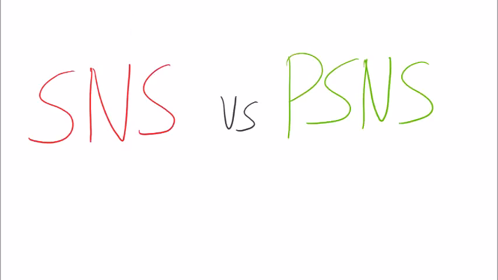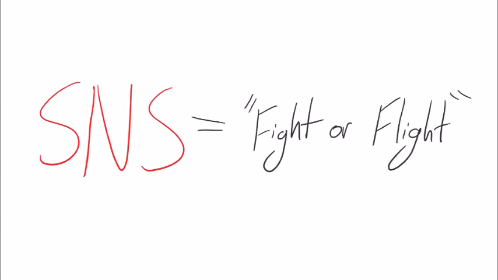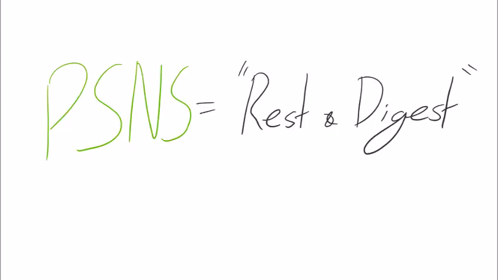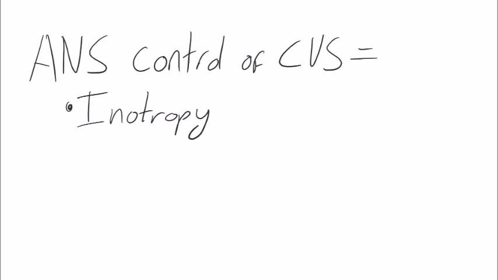The autonomic nervous system has two subdivisions, the sympathetic nervous system and the parasympathetic nervous system. In simplistic terms, the sympathetic nervous system is involved with reactions associated with the fight or flight response: increased heart rate, increased breathing, mobilization of energy stores, that kind of thing. Conversely, the parasympathetic nervous system is involved with the rest and digest responses, such as decreased heart rate, repair of proteins, digestion, etc. In relation to the cardiovascular system, the autonomic nervous system has power over the following things: